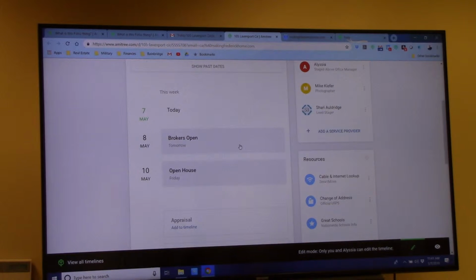Then nothing would happen to it unless you were working on a transaction with that person. Then it would ask you, is this someone that you're working on a transaction with? And it'll spur you to start a folder with that person, but other than that,